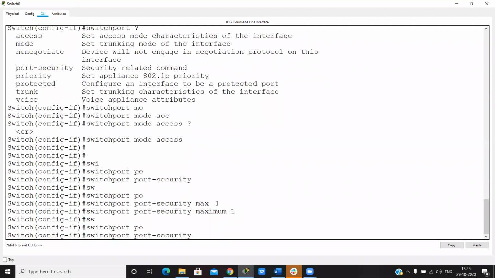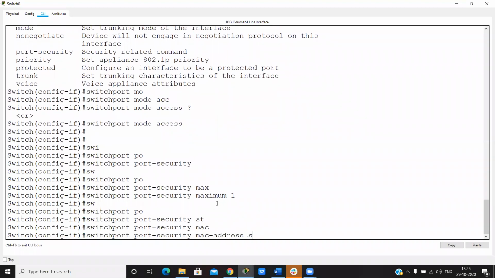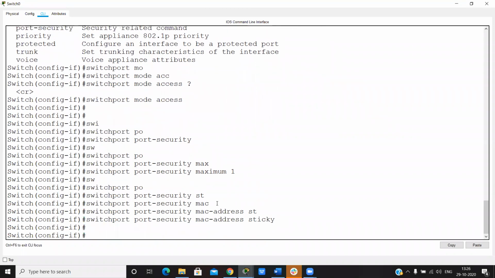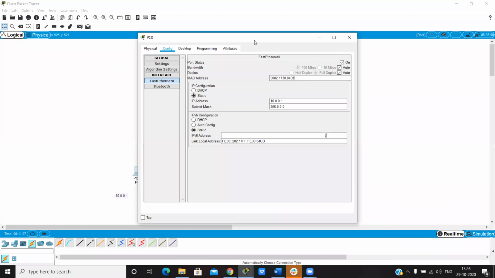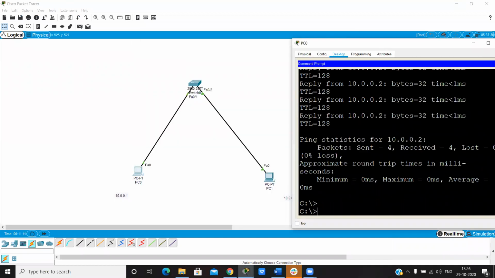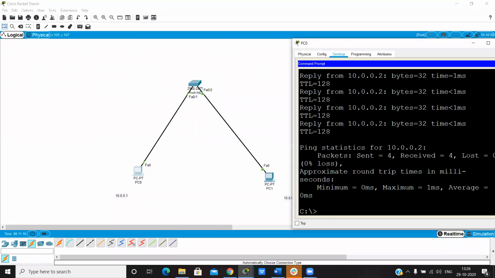Then switchport port-security mac-address sticky. This command is used to bind the MAC address to the port security. Now exit. If I ping, it is successful and the MAC address is learned on the switch port.